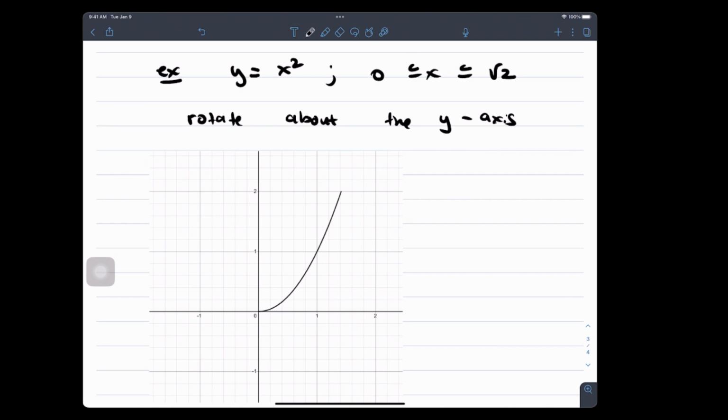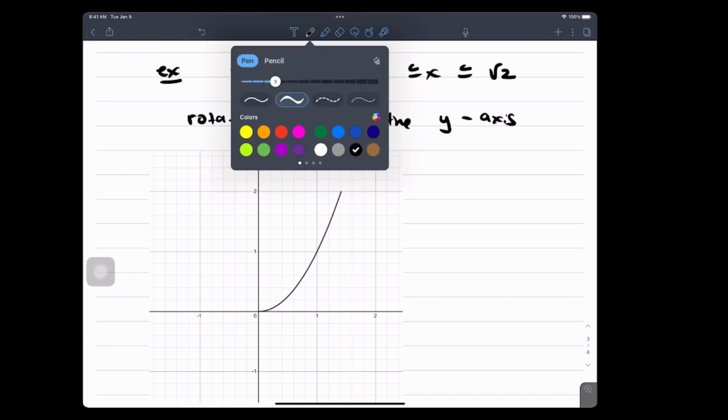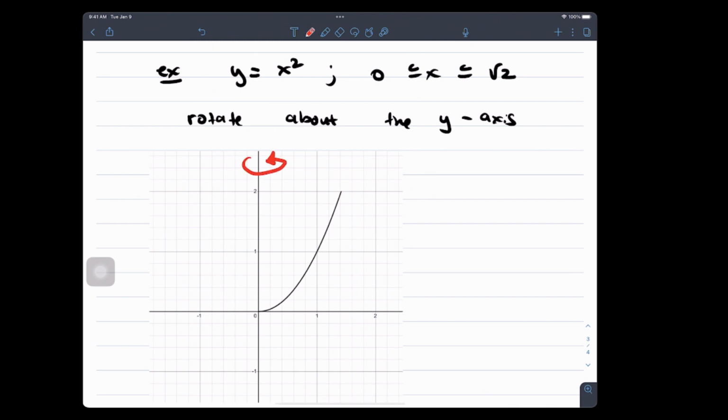Okay, you guys okay with this here? So this is what you're looking at. And now they want you to rotate this about the y-axis instead. So when you do that, notice what happens with your curve, right? Not the best artist. Sorry. You take that curve